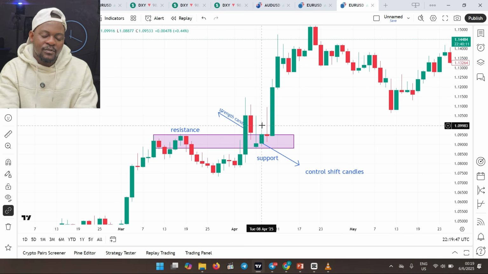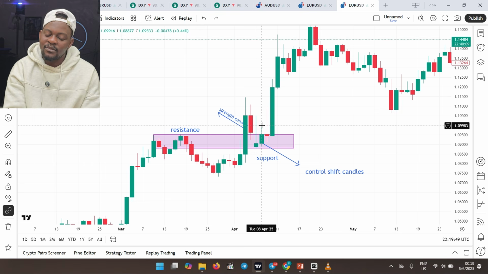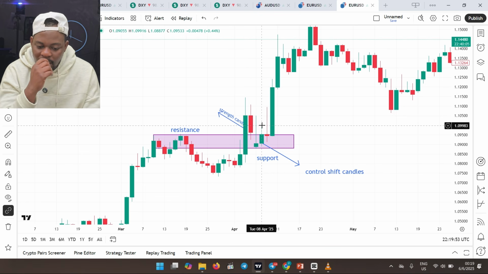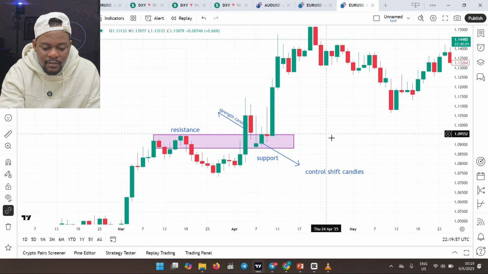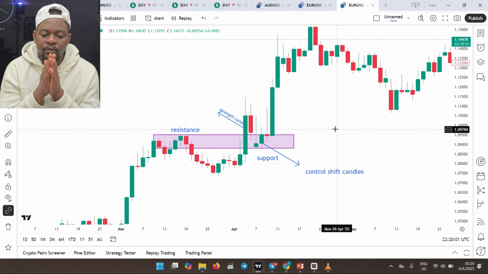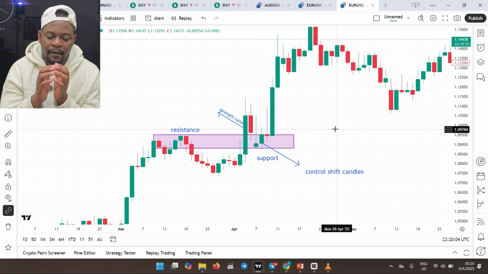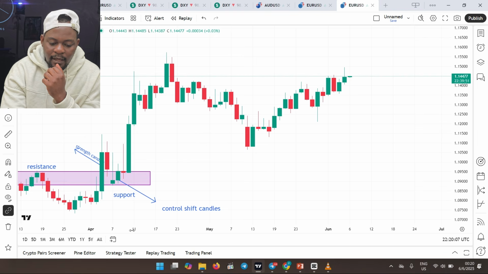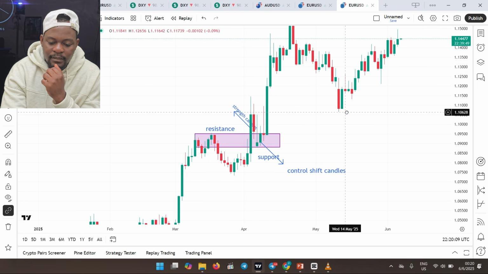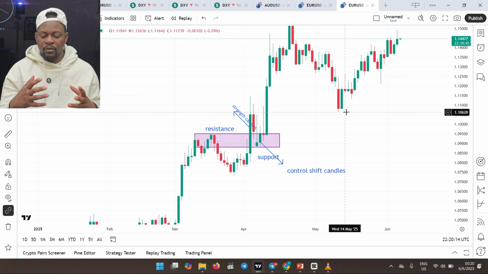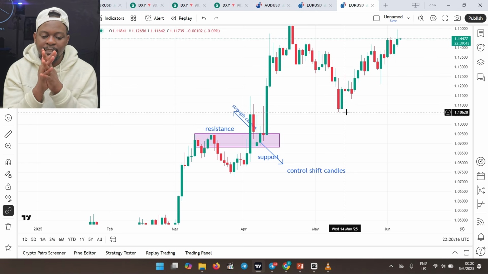In other books, they'll tell you it's a morning star, it's a shooting star, whatever. Don't worry about the names. We want to see a control shift candle. It tells you that this zone is being respected. So how does this help us? Why do we need to know these candlesticks, right? If you can follow from where we started, you can see that